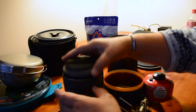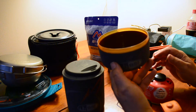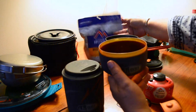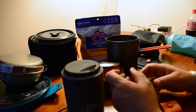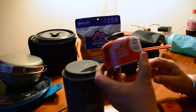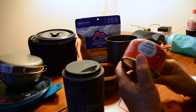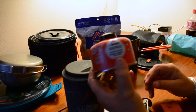is this coffee cup. So I've got 1 bowl in case I want to mix something up or do something exotic, right? Like maybe I want to open 2 of these bags and mix them together and have something, pretend I'm cooking. It also holds the, I'm a juggler, by the way. That'll be another video. It holds the fuel,